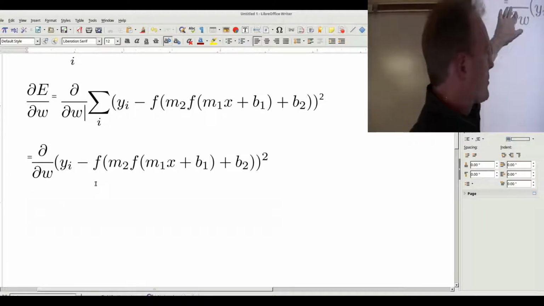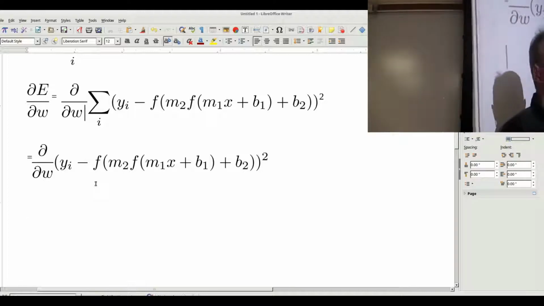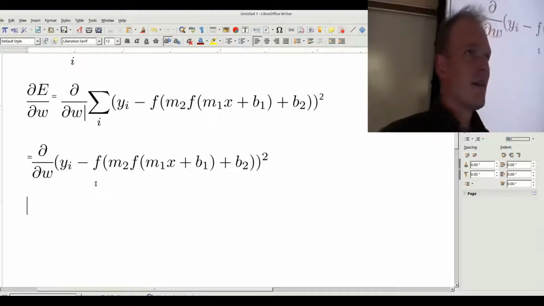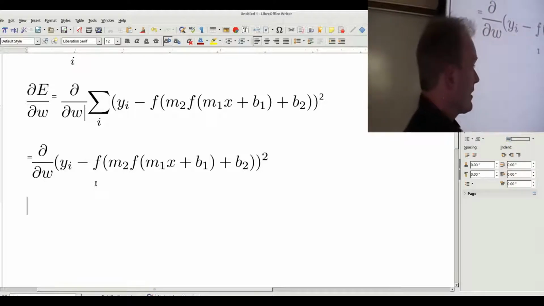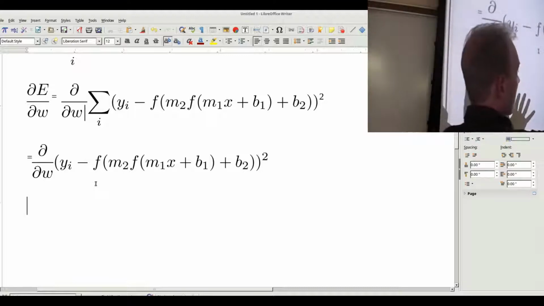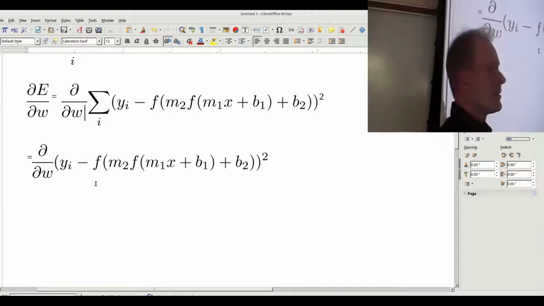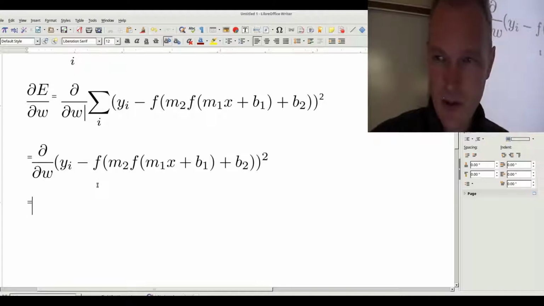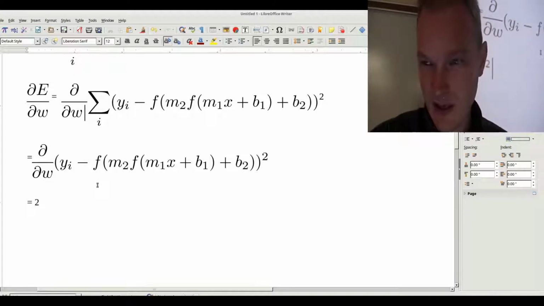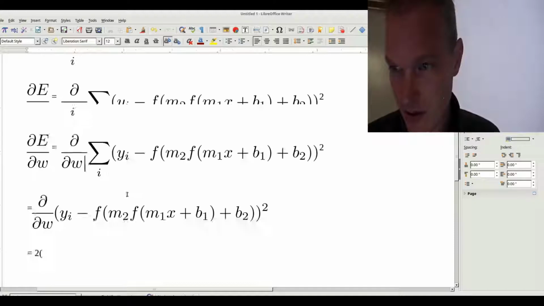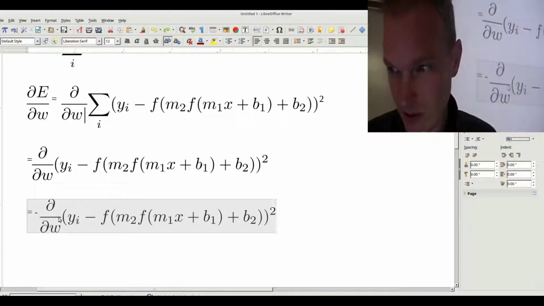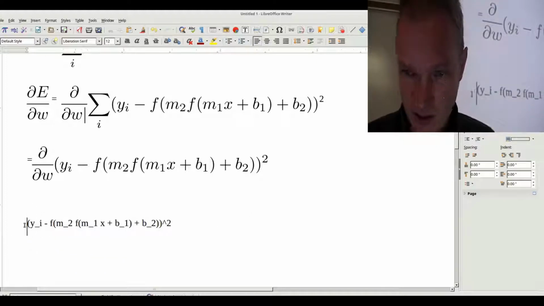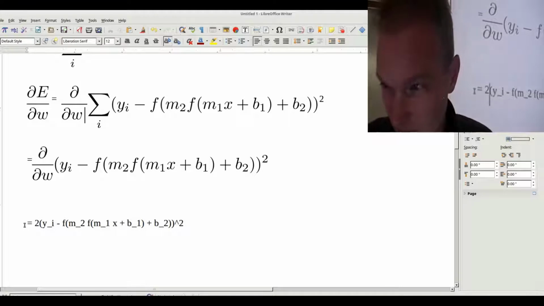How does one take the partial derivative of something squared? The chain rule. And what does the chain rule say? It's the derivative of the whole thing multiplied by the derivative of the inside. So the derivative of something squared is you pull down that 2. So this is going to be equal to 2 times, where'd my equation go? Stop deleting my equations. Equals 2 times all of that